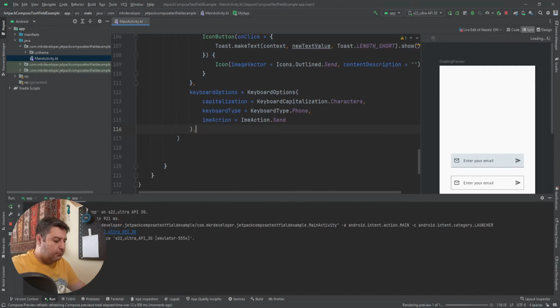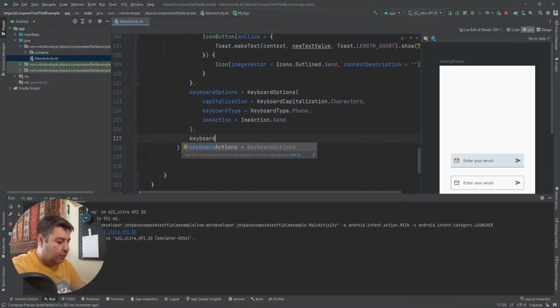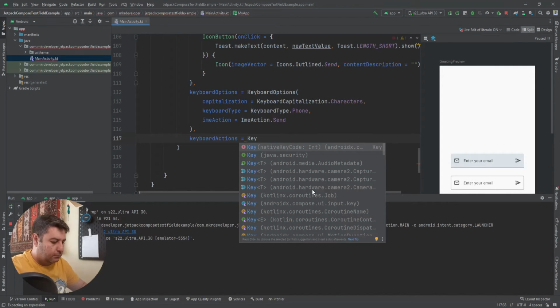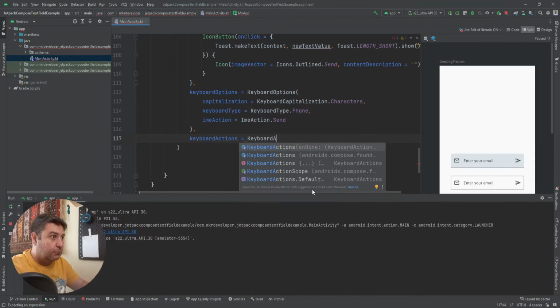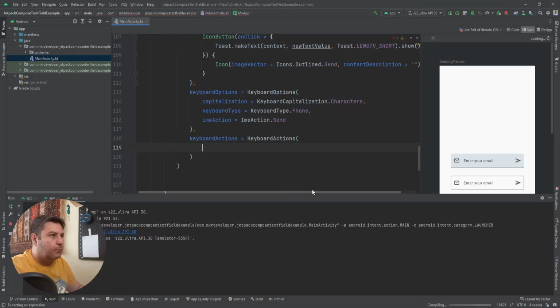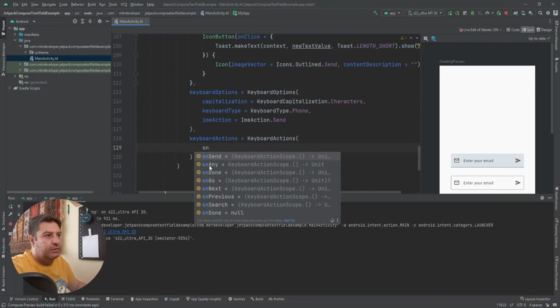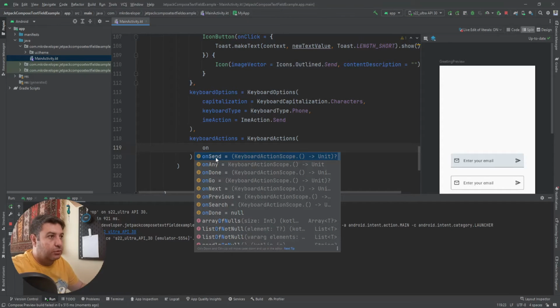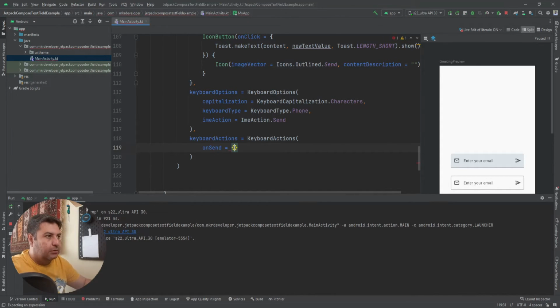Here we can write keyboard actions, and inside the keyboard actions we can manage actions for that button. Okay, here we have on send, on any, done, go, next, previous search, and etc. Here I have send, so here also I'm going to choose the send, and the type is a function, so